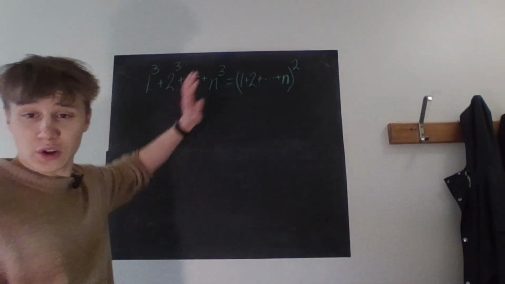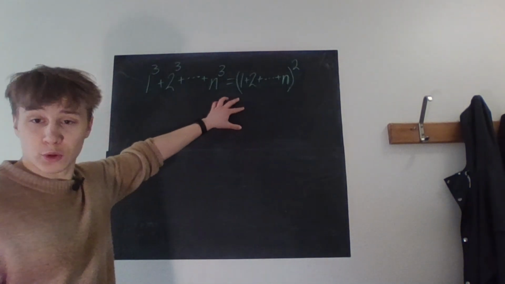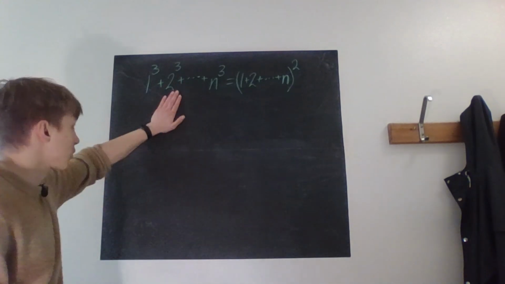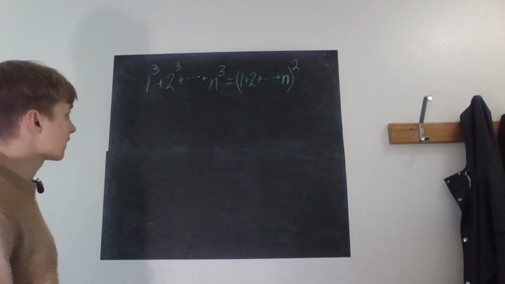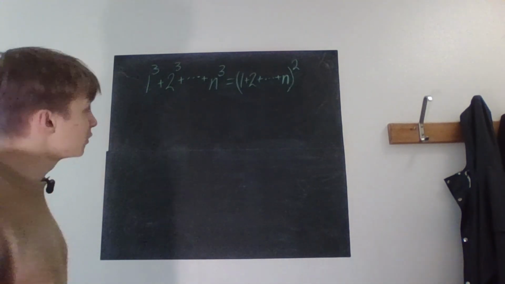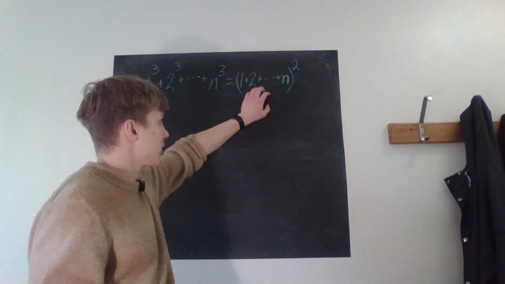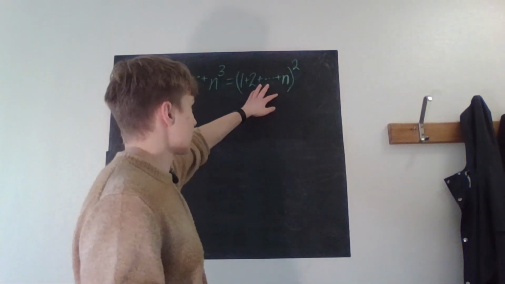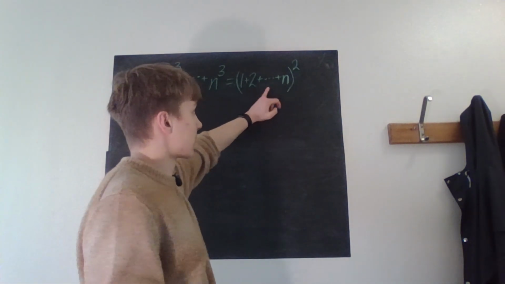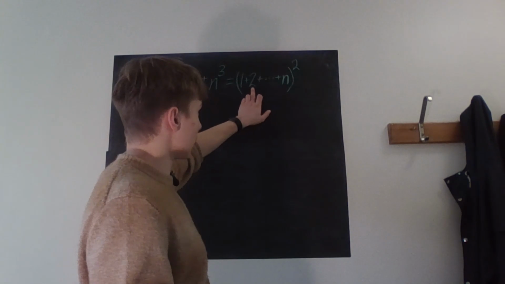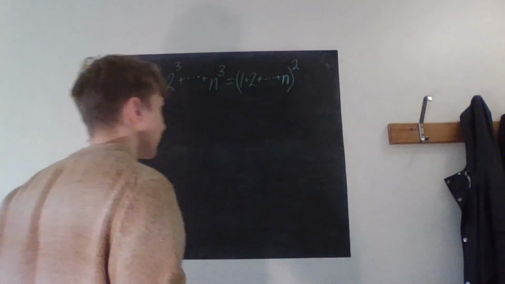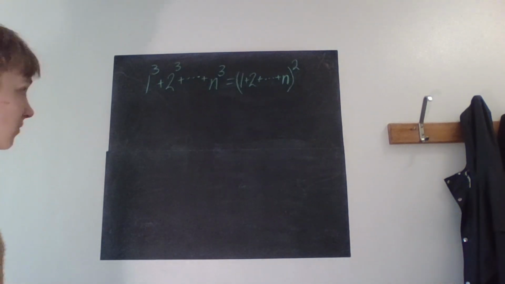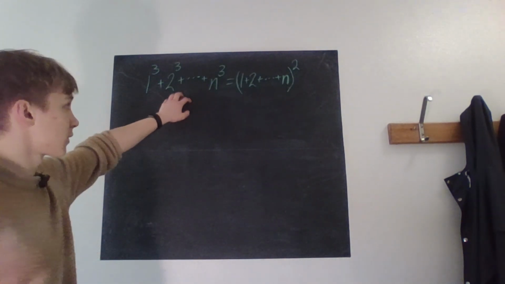Like, the amount of cool random formulas that you can find is just so incredibly immense, and this is one of them. So, apparently there's a formula for the sum of cubes, and it's this baby right here. And of course, this is the arithmetic sum of 1 up to n, that of course you can rewrite as n times n plus 1 over 2. So you have a really practical way of computing